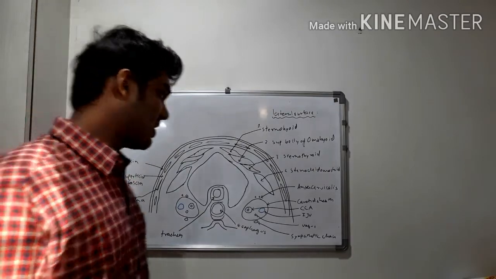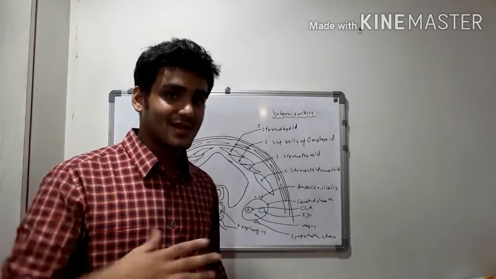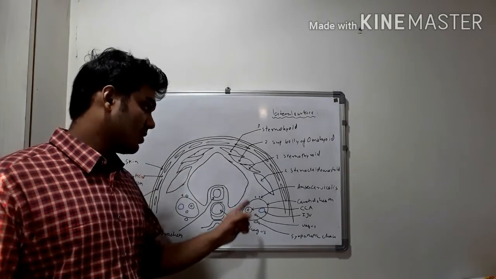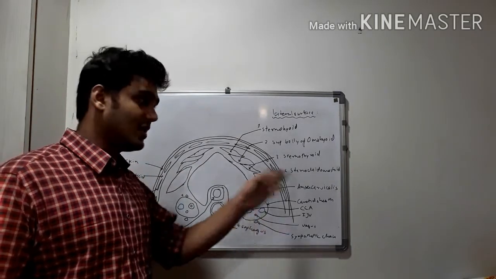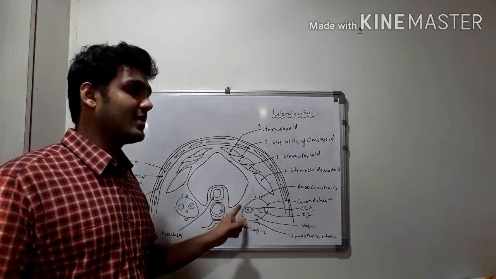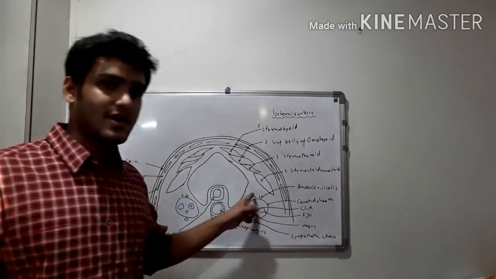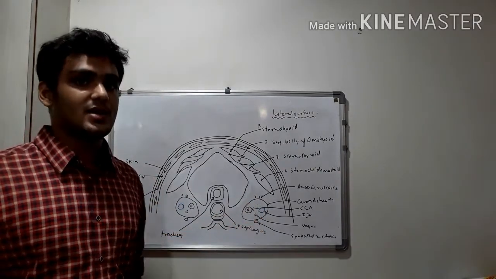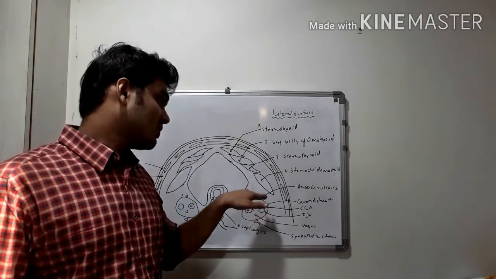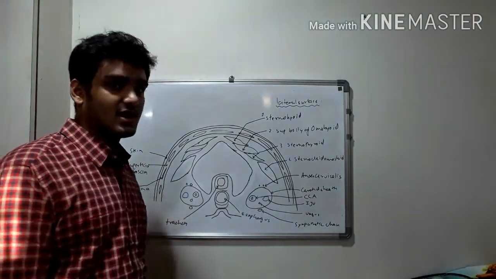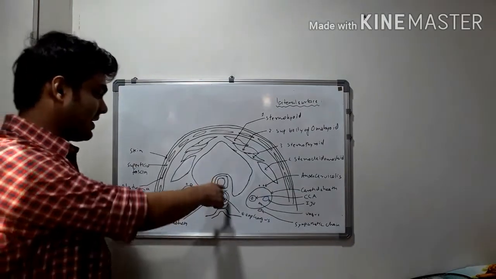Also in this diagram, the contents and relations of carotid sheath can be well appreciated. So the contents are, as you all know, the internal jugular vein, laterally. Medially we have the common carotid artery, and posteriorly we have the vagus nerve. Also talking about the relations, anteriorly we have the ansa cervicalis, posteriorly we have the sympathetic chain, and also anteriorly we have the sternocleidomastoid. Also two of the relations of medial surface can be visualized, the trachea and esophagus.